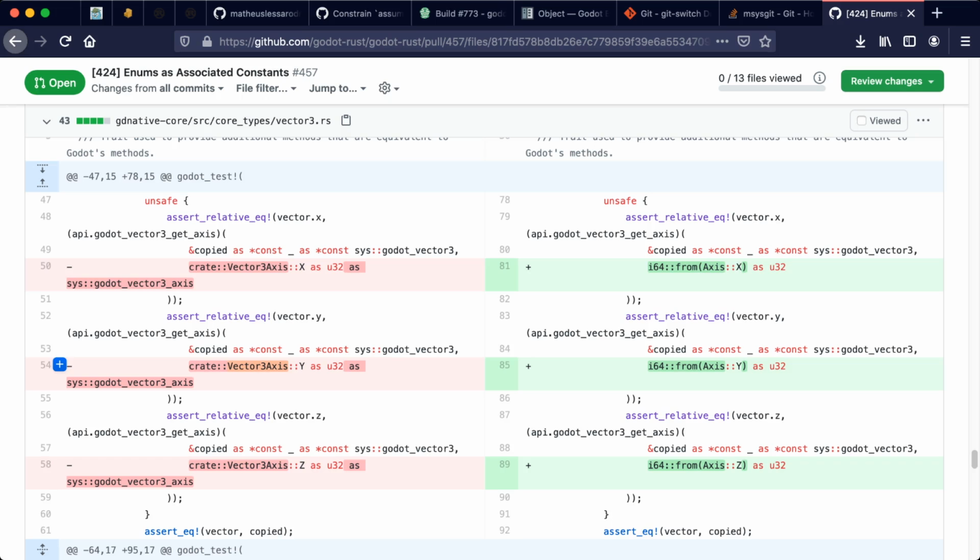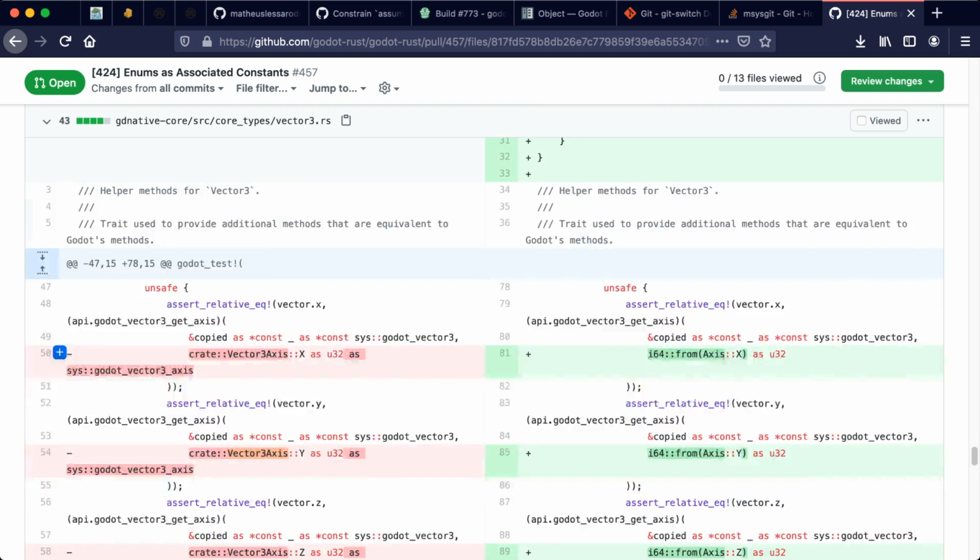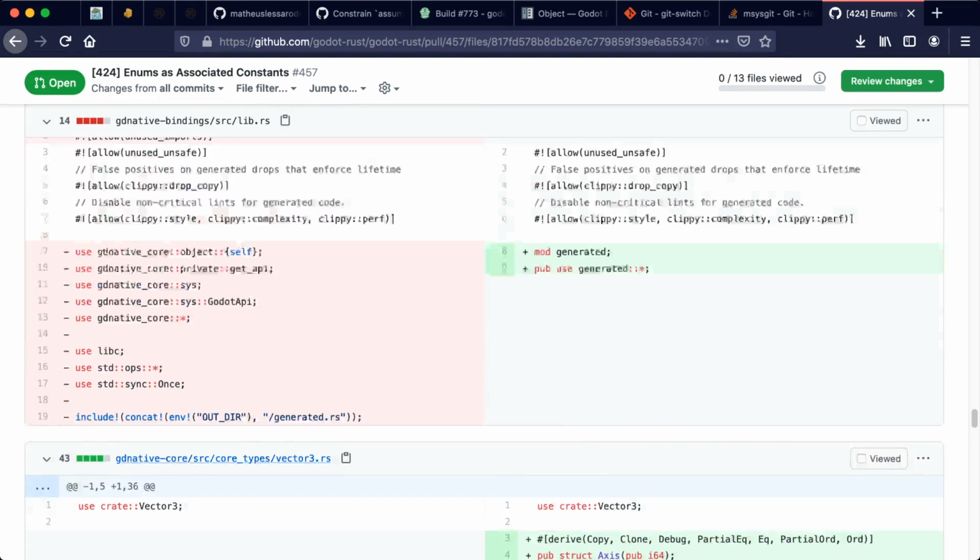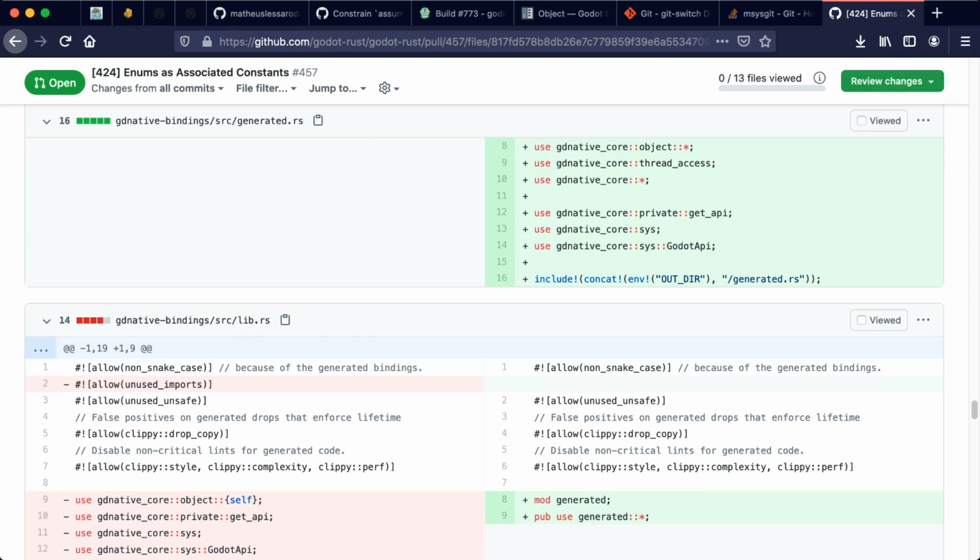All right, excuse me, where is create vector? Oh, this was at the top level in lib. That's right, I remember now. Okay,